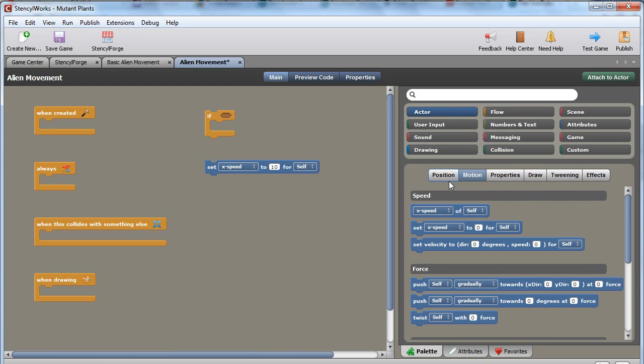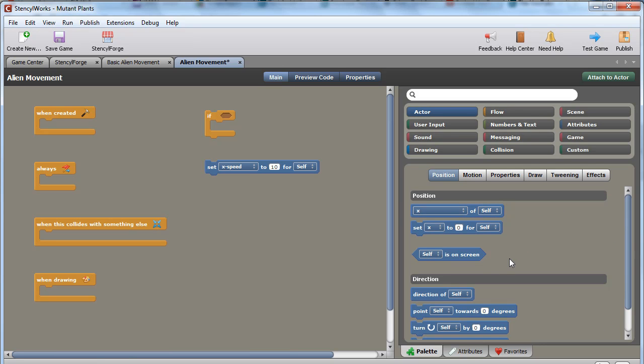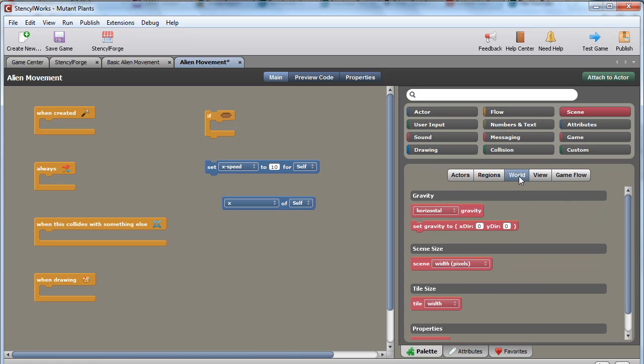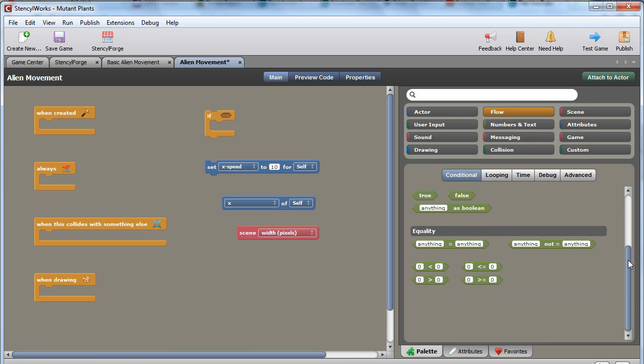returning to our actor tab and looking for positional statements now, so we're going to drag this one on here, and we're going to put that into a construction that inquires about the scene and inquires about the width of the scene. Now we need some logic to put this together. And we're going to get a value out of here. The scene width is in pixels, and we want to test whether the x position, the x value of the actor, is the same or going to hit the width of the screen. So I'm going to use this one,